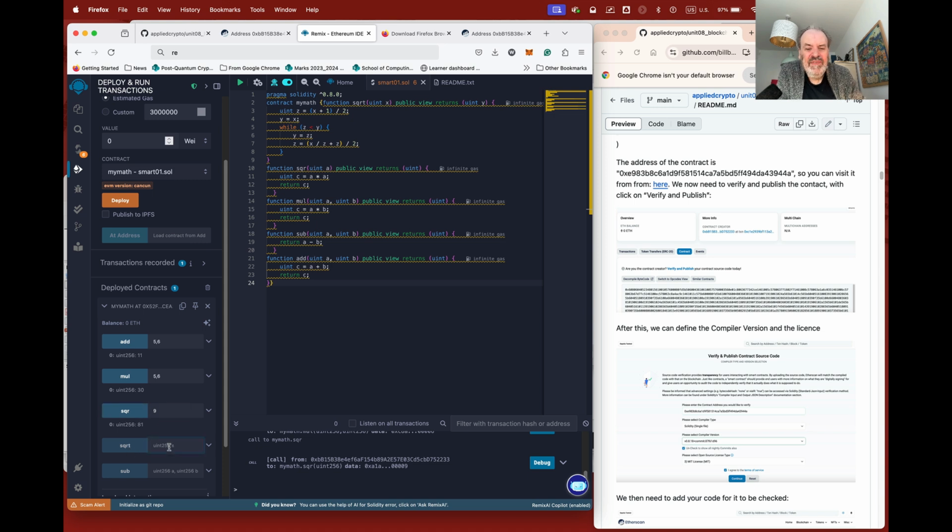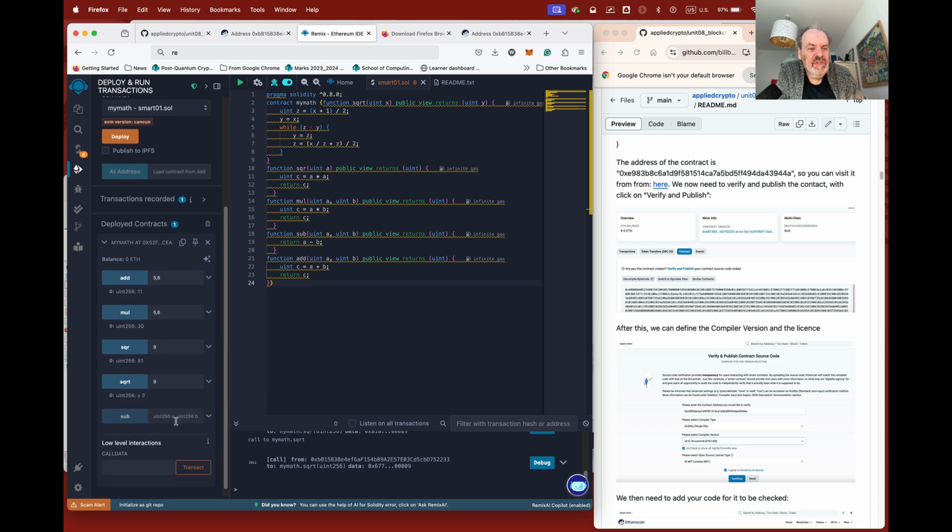We'll take the square root of 9. Hopefully this time we'll get 3. And we'll do a subtraction there. So 10 and 3. That's that there. Okay, so you can have a look at the smart contract code, but you can see that